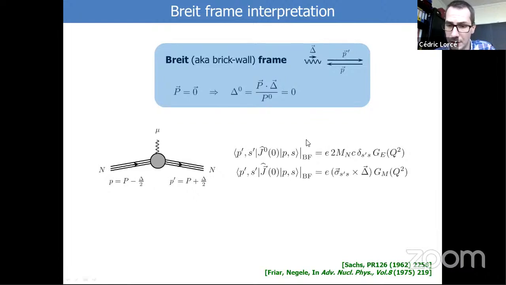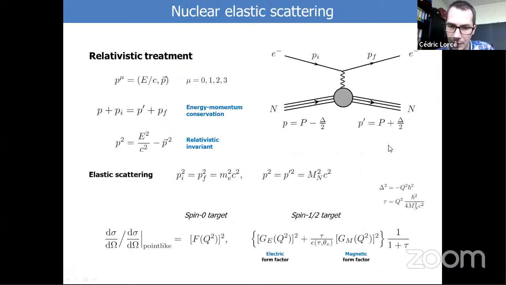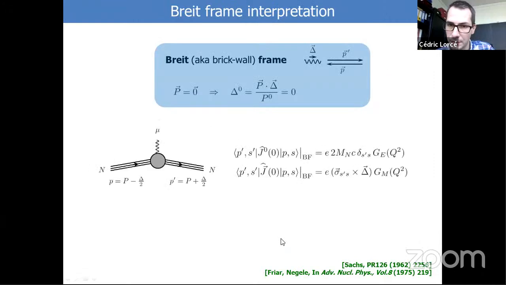So if you look at these matrix elements in the Breit frame for a spin-1/2 target, what you get, what was the nice result of Sachs, is that this amplitude that you would naturally associate with the density of electric charge is solely described by the GE form factor. So remember, that's the one that enters here in the cross section. So it's very compelling, and the one associated with the current or the flow of charge is given by the other one, and that one is spin dependent. It is given by GM, essentially.